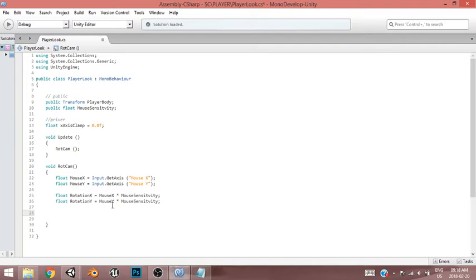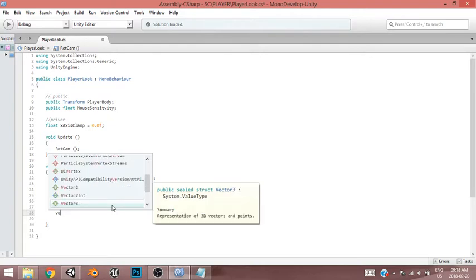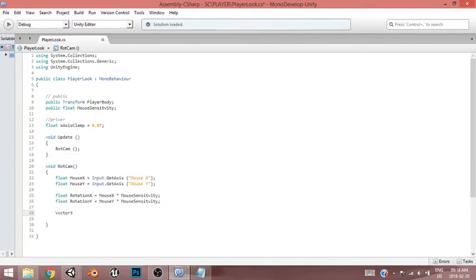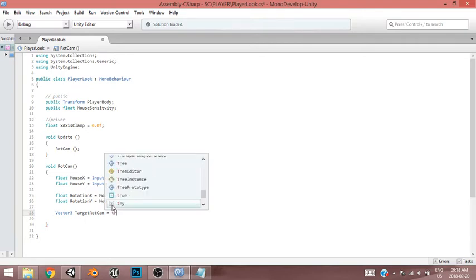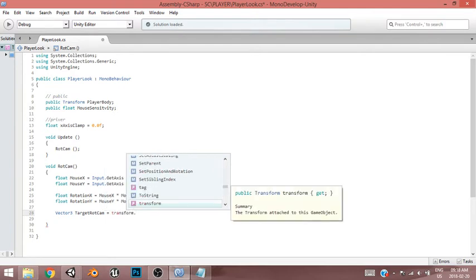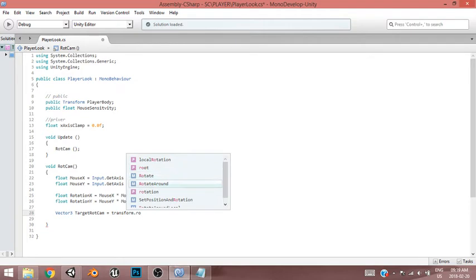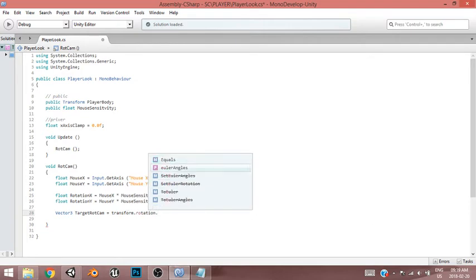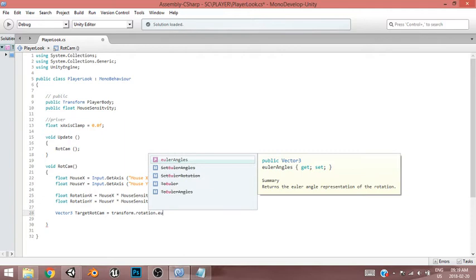Now, two more variables. It's going to be a Vector3, and that's going to be targetRotateCamera, and it's going to be equal to transform.rotation.eulerAngles,